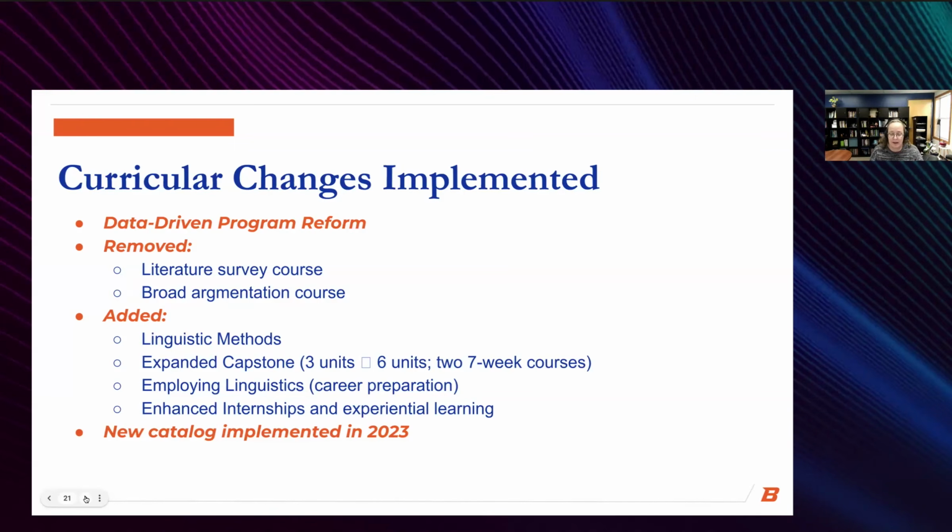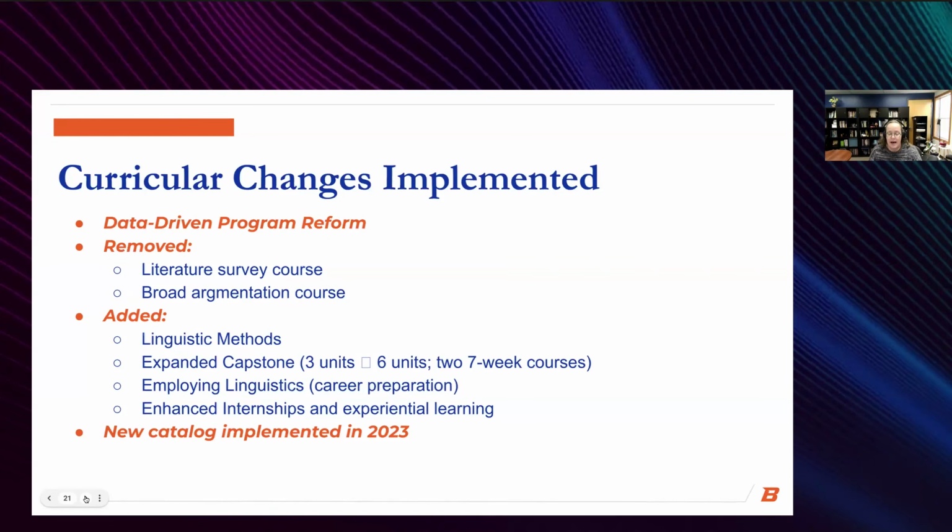And the second one was we created a replacement course to the argument class, which was our linguistic methods course. This course engaged students with a breadth of research methods found in our discipline. It teaches students how to read and analyze and critique arguments found in important articles from the discipline. And it provides students with tools to conduct their own research, culminating in a research proposal that actually outlines each of the stages of research that they would need to do in order to implement a project.